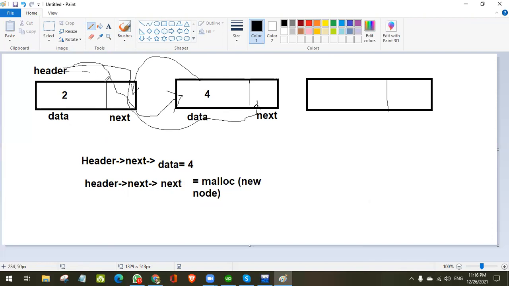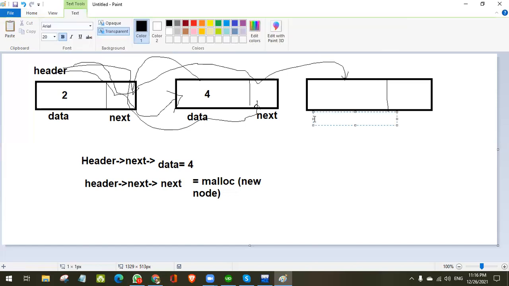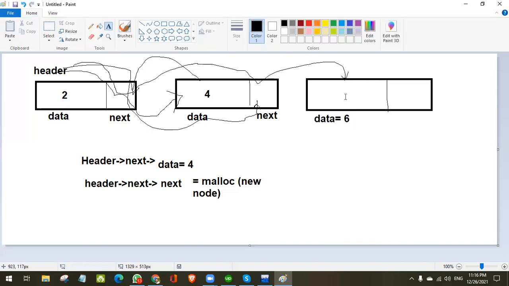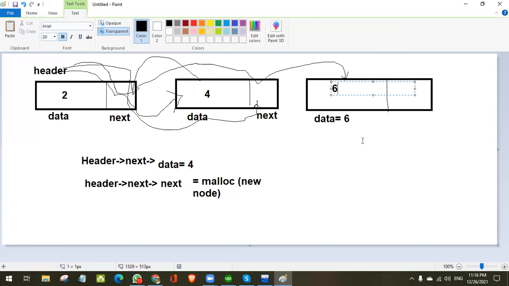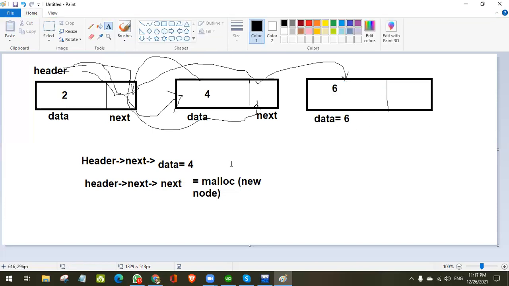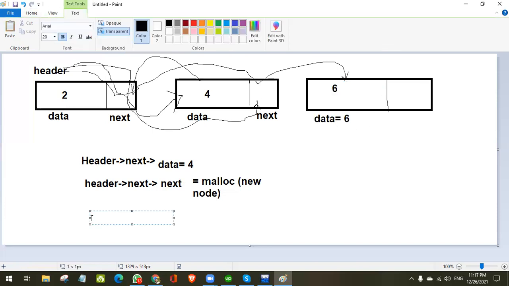Now we will go there, header dot next dot next, and data. Look at here. Now we will write it in this way, is equal to 6. It means that 6 will be written here. Now we are writing here header, its next, and when we call header next, we reach here.